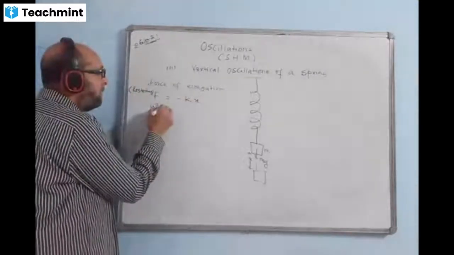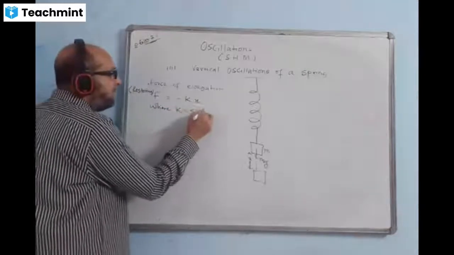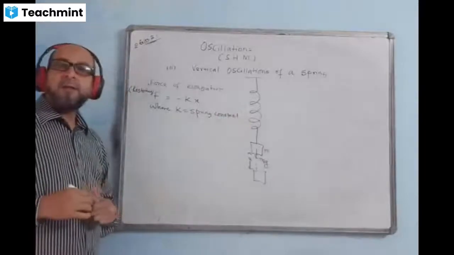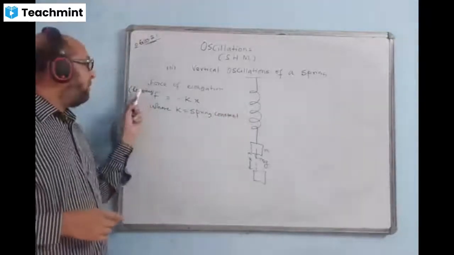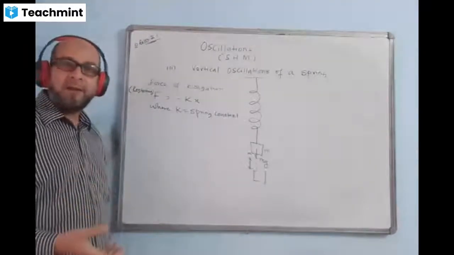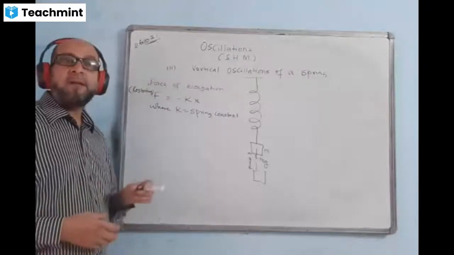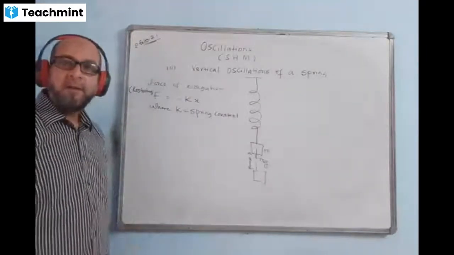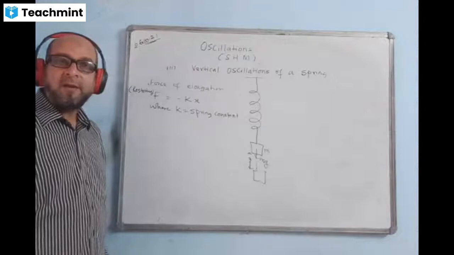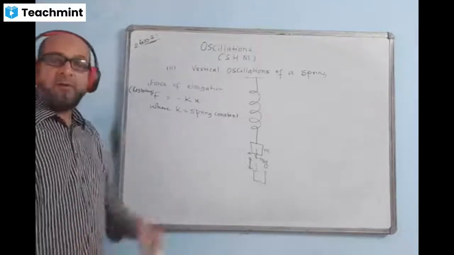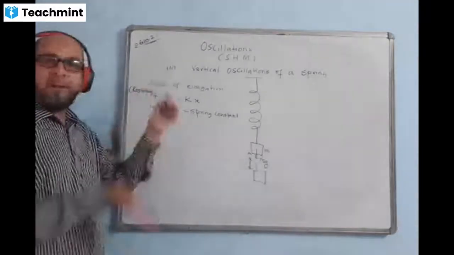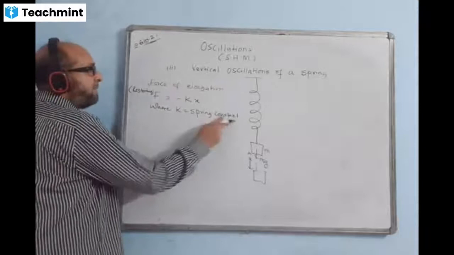Where k is the spring constant. Force of elongation formula is kx. Then restoring force formula will be minus kx. The restoring force will be equal because the spring is elastic in nature. Restoring force will be same as the force of elongation within elastic limit. I think I taught you this in the chapter elasticity. F is equal to kx, but that was the force of elongation, force of stretching. But the force of elongation is same as the restoring force, where k is spring constant.